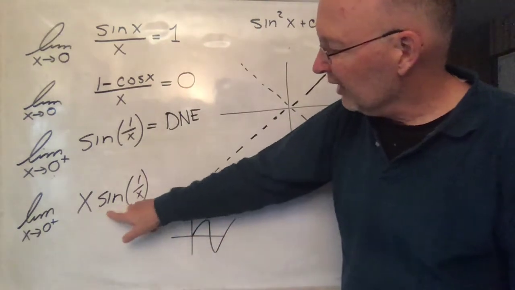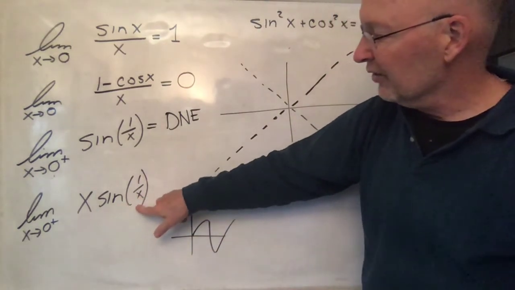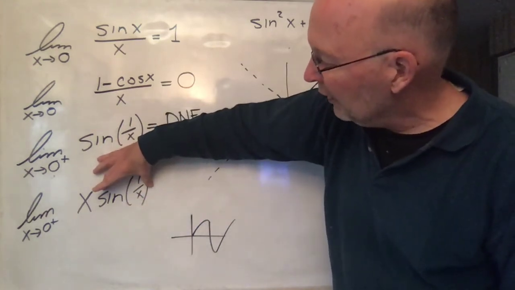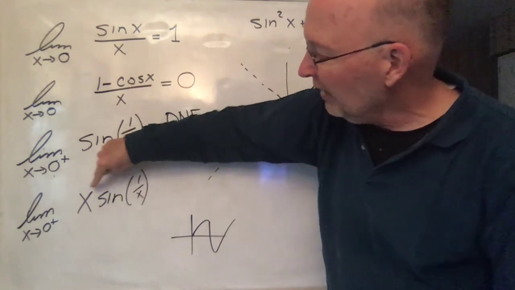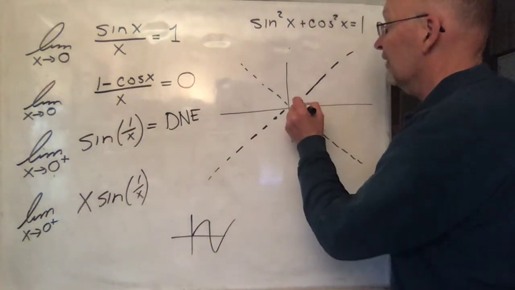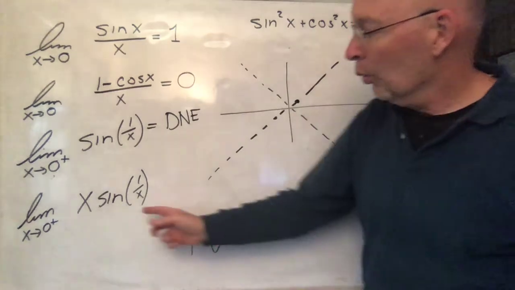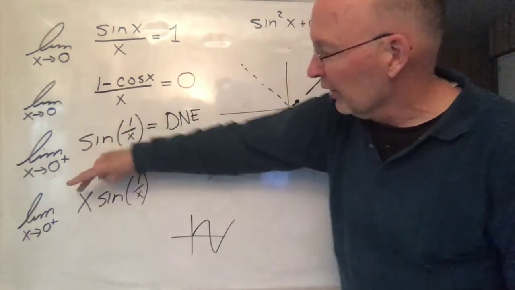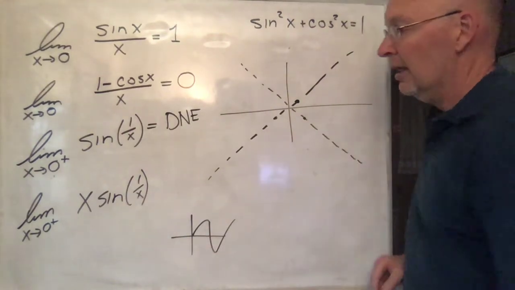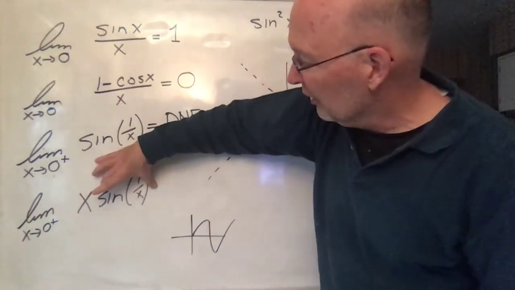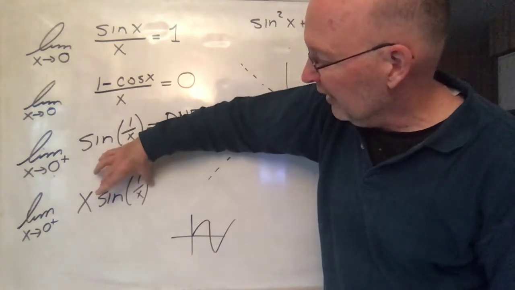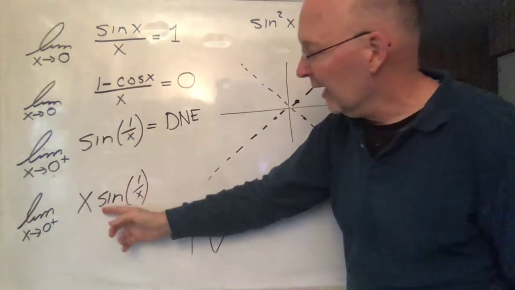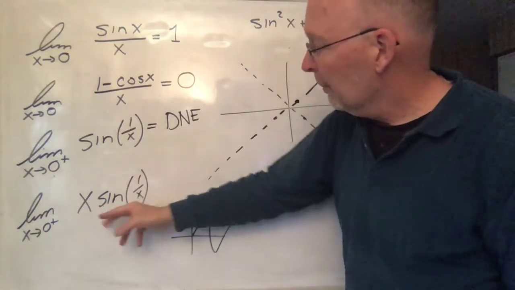So the largest this thing ever hits is 1, the smallest it ever gets is negative 1, and then it hits 0 in between. So whenever this value is equal to 1, 1 times x is going to be a point right on this line. Wherever this function hits negative 1, times whatever the x value is going to be on this line. And whenever the sine of this thing is 0, then of course 0 times anything is 0. So what you basically have is this function that we originally had, but the amplitude of it,